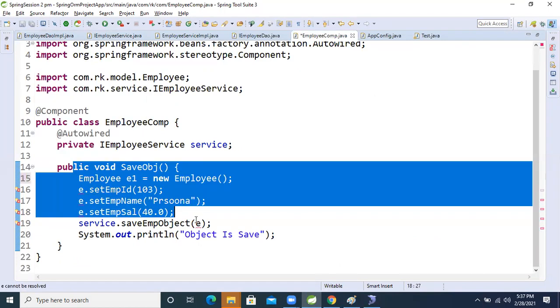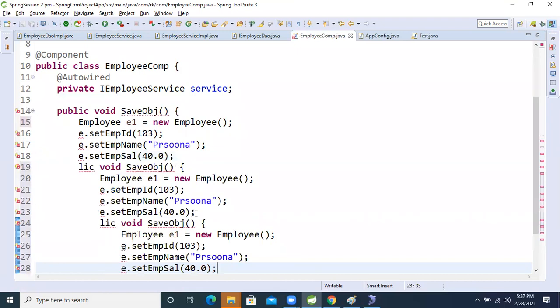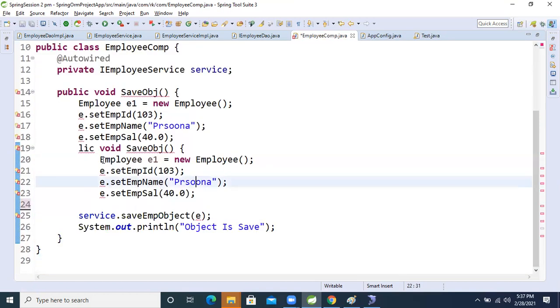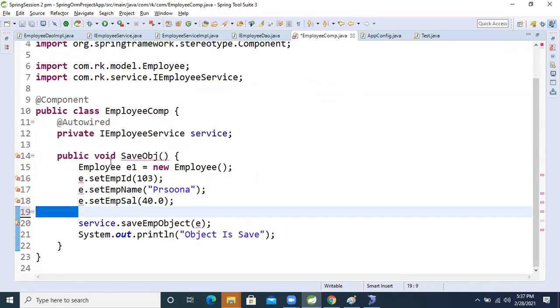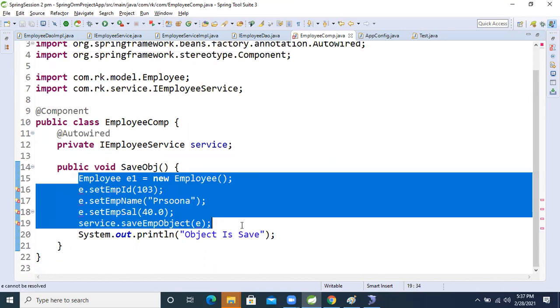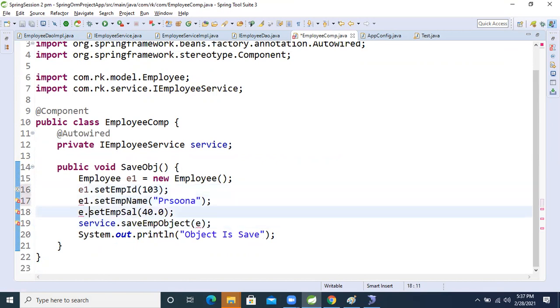Now copy this one and two. Control Shift, then Control Z. From here to here, copy this one. Here pass the one only.